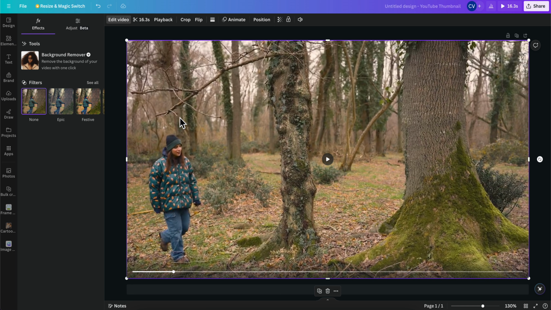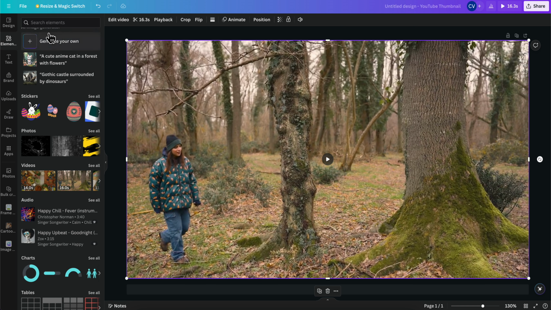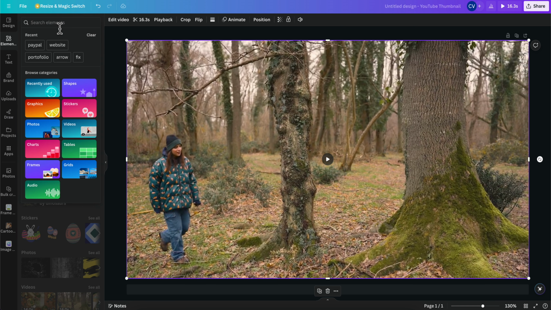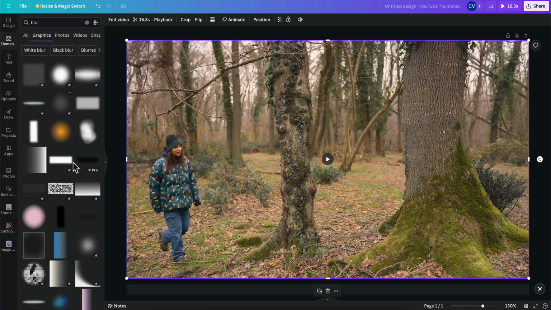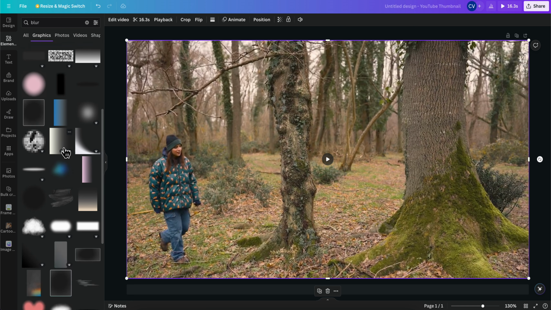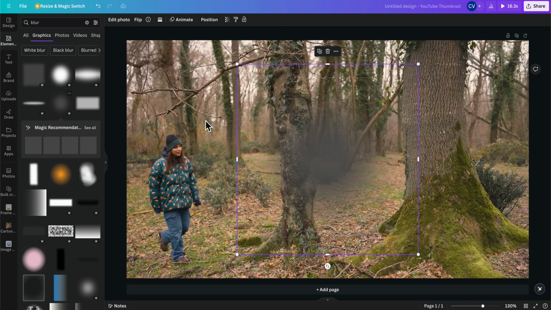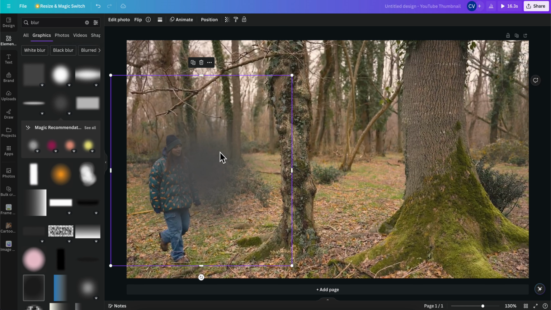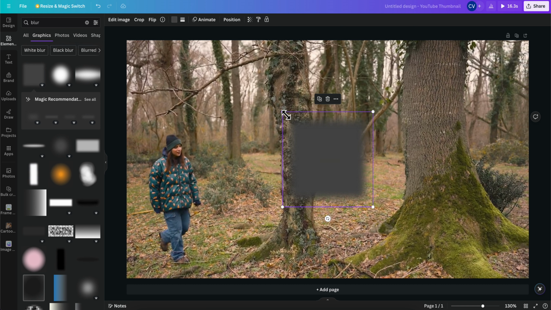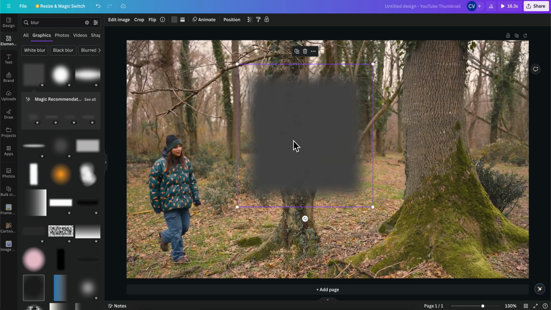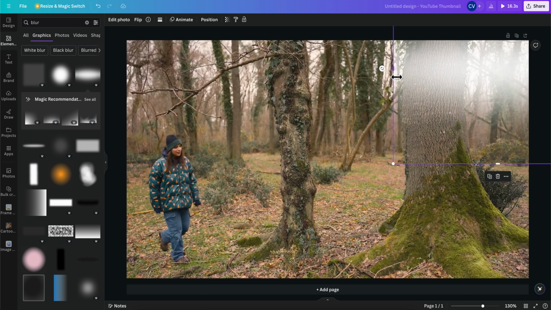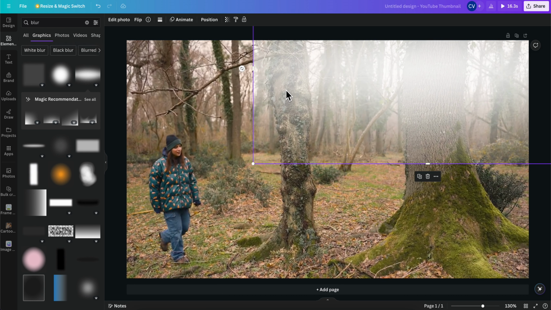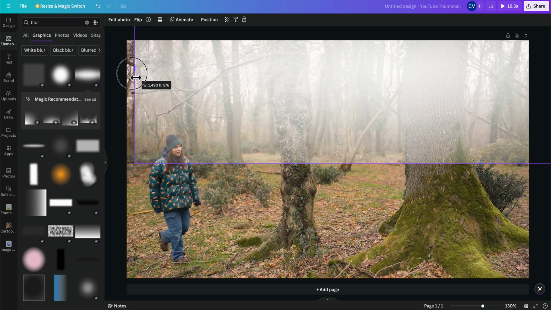So what you're gonna have to do is simply go to elements and then simply search for blur. Now the next step is to go to graphics, so not photos, graphics, and then you're gonna have to simply choose any of these depending on the video, and then simply click on any of these. Now all you have to do is simply play around and look for different designs, and then simply add them wherever you like, and basically that's all you have to do in order to blur out portions of a video